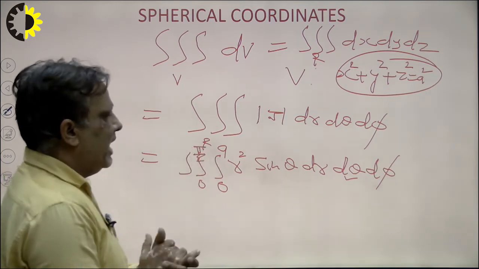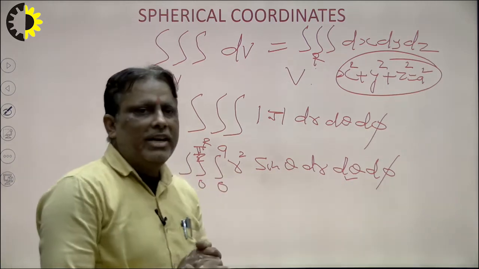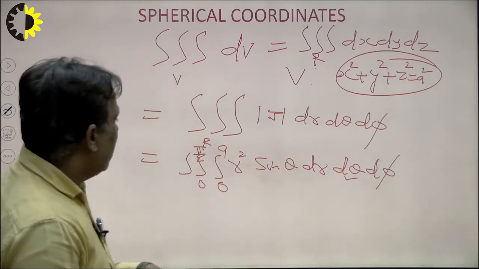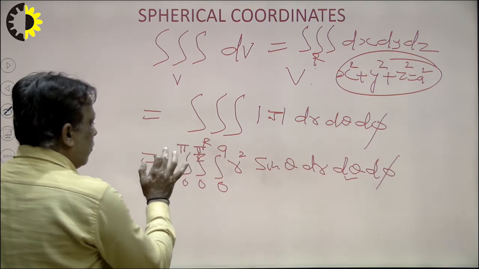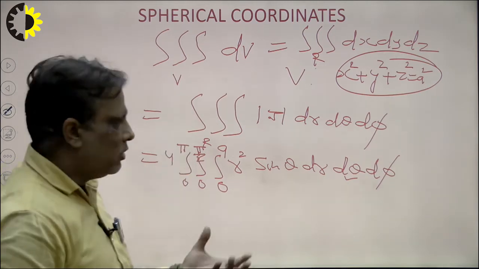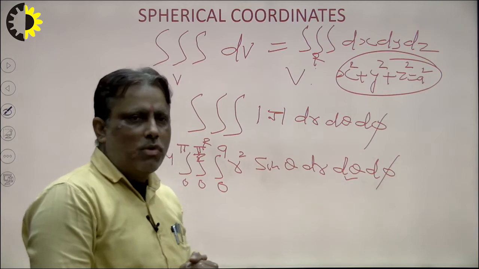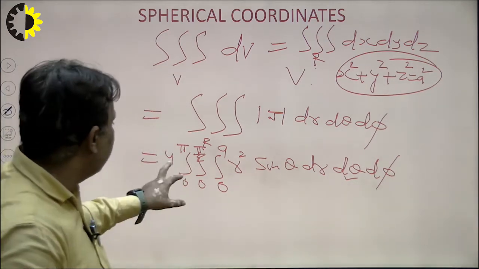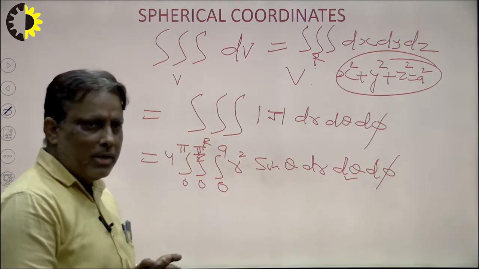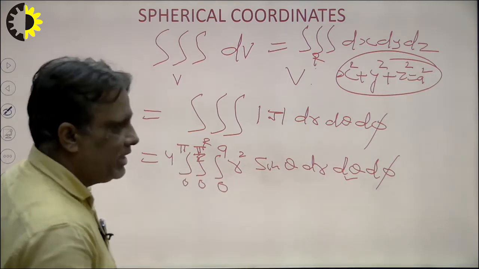Now the question is, what is the value of dφ here? So φ goes from 0 to π, and we multiply by 4, because first we obtained the volume of the first octant and multiply by 4 here. Yes, we can say that it may be twice, and φ may be from 0 to 2π. In this way, first of all we integrate r.